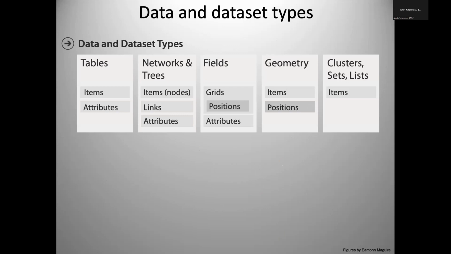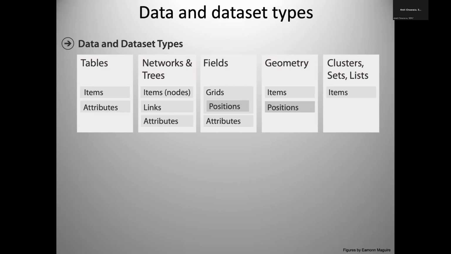So again, we can have different types of data sets that can include different items. We already looked at tables can have items and attributes. Networks can have links, items, and attributes. Attributes essentially are things that you are measuring. In the case of tables, it could be different columns with price, name, something like that. In the case of networks, it could be